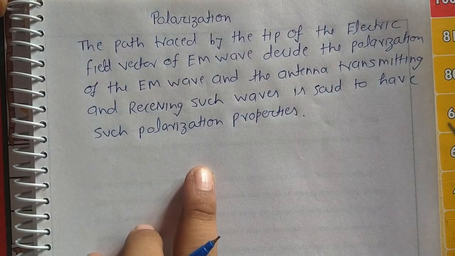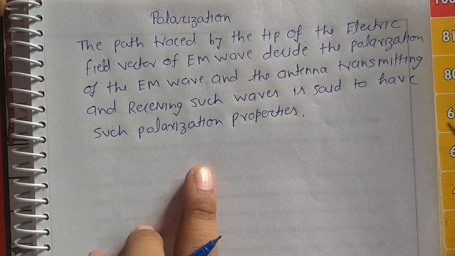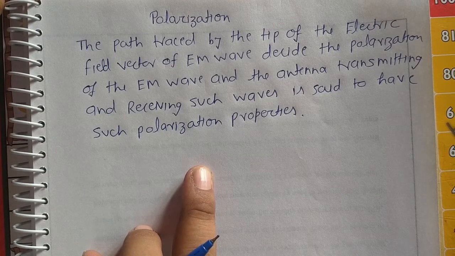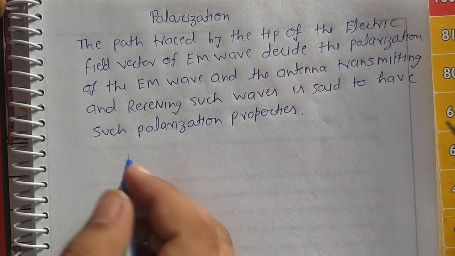One component of the electric field vector produces only the linear polarization along the direction of that component. Okay,